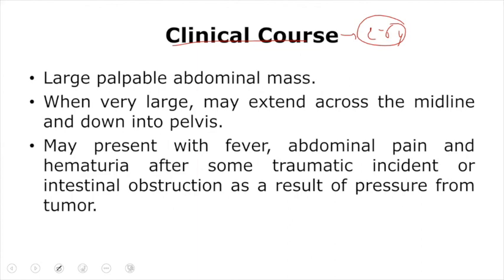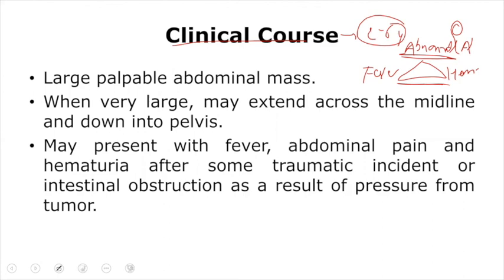And there will be a triad of features, and this triad is the hallmark for Wilms tumor. What we can appreciate is an abdominal mass, with an enlarged abdomen, and this is the earliest feature to appear. This abnormal mass in the abdomen is the earliest sign to appear. Along with that, the child will develop fever, and along with that, the child will develop hematuria. With these symptoms, basically the child will be presenting to your ward, and then you should diagnose it as Wilms tumor.